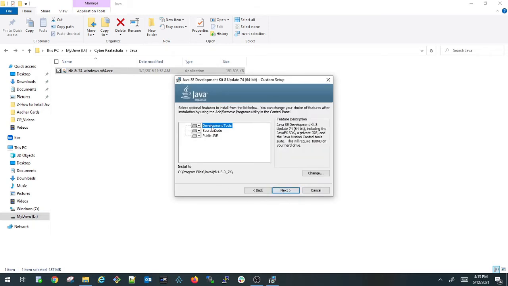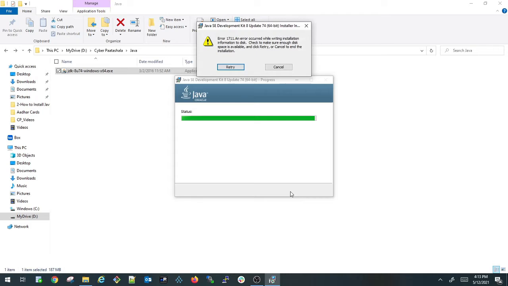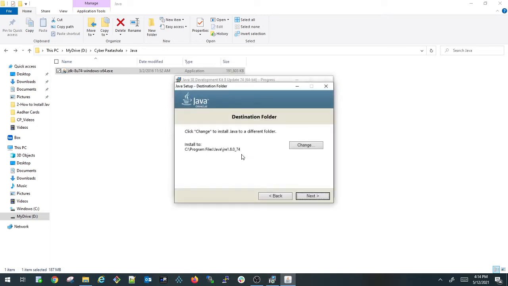Just click next, and I've selected the development tools. That error is specific to my machine, you need not worry about it. Now I'm choosing the destination folder for JRE, so I'm selecting it under Program Files Java.